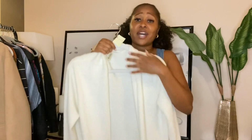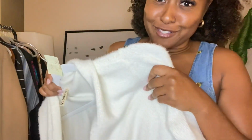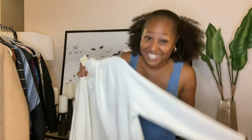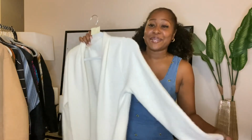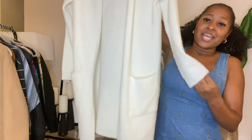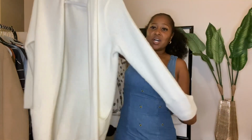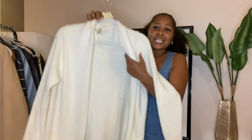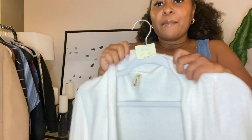This one is so cute. When I felt this, I was like, I should keep this for myself. But you know I like to shop for myself, and I'm never gonna get anything sold if I keep shopping for me. So we are gonna sell this pure white, cream colored, fuzzy, long sleeve, midi length cardigan with front pockets, open closure by